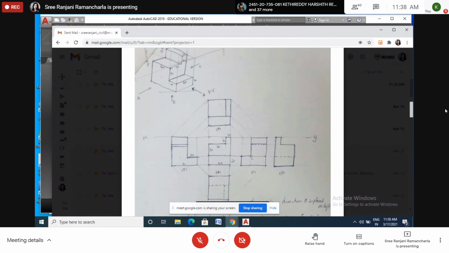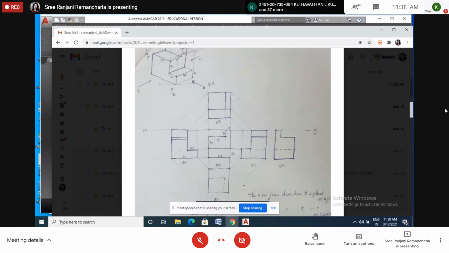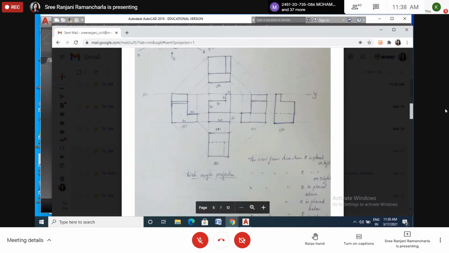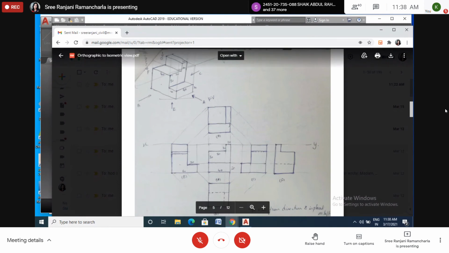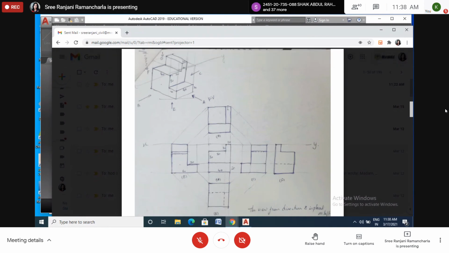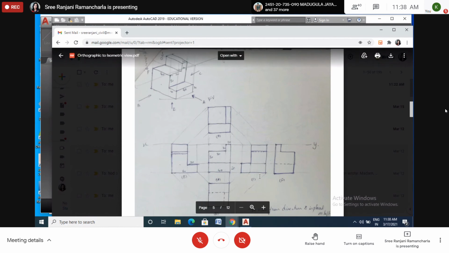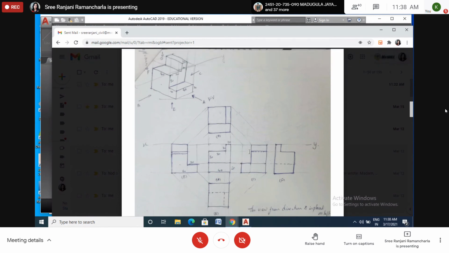So this offset, this portion, if you draw the 45 degrees, then this part is the hidden one. Okay. And this one also. Draw from here, if I draw this figure first, draw 45 degrees, then join this one. Okay. So like this. And here also this is the top view. When we are looking from this side, this is the top view. Then this offset means how much this one is, you will get that much length, no need to measure.